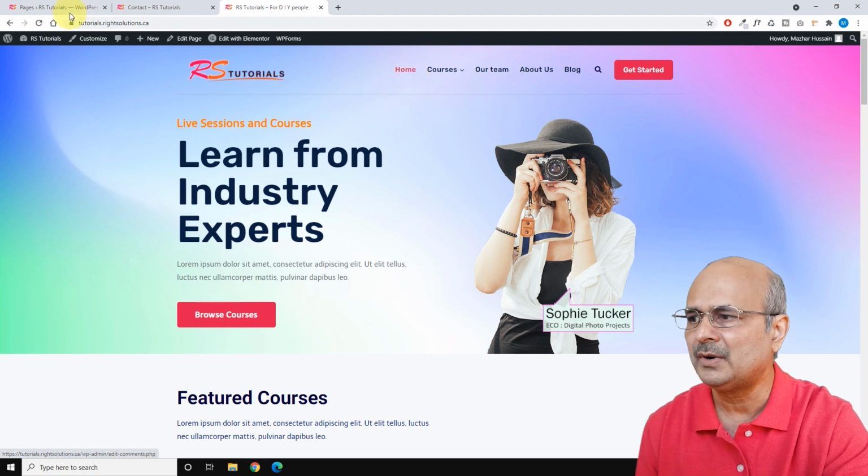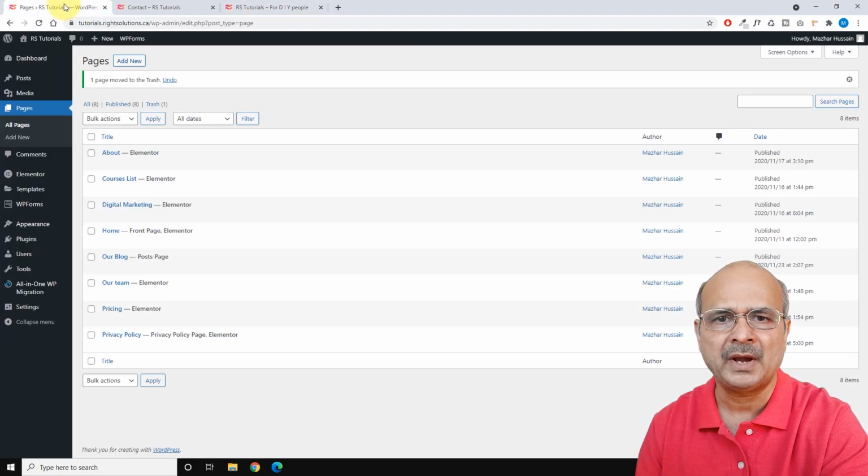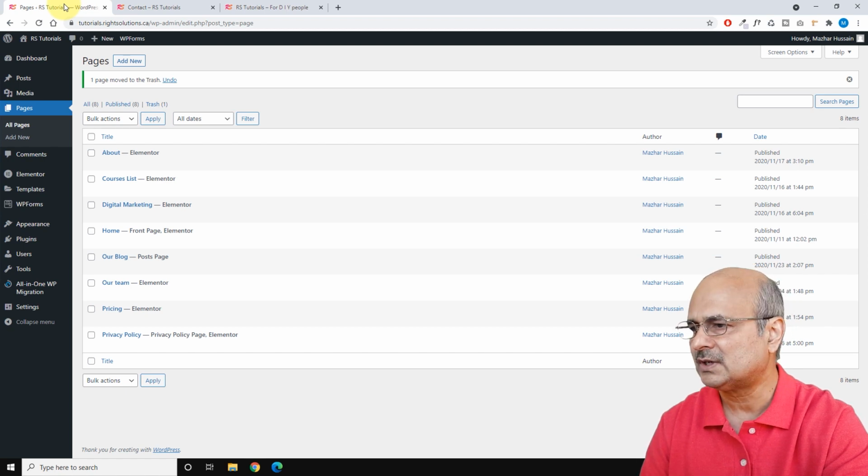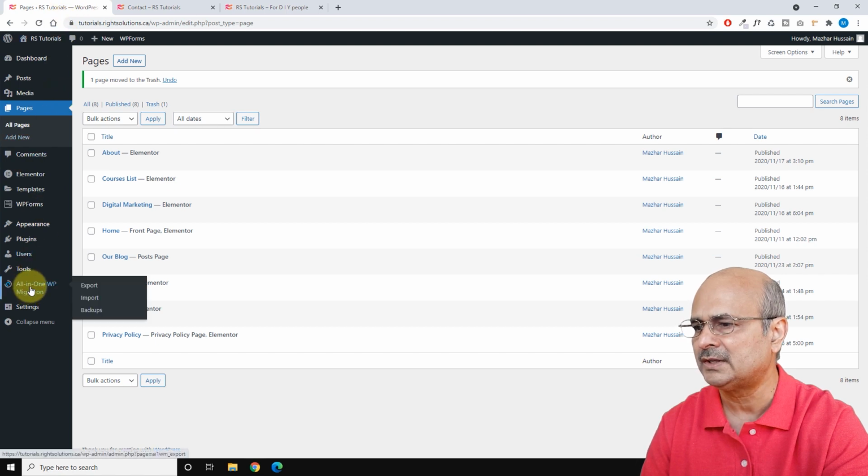And always remember, restoring a backup does not mean that you're restoring one page. That is overwriting the whole of your website. So just be careful. Do not think that it will only bring this page and it will not overwrite the existing site. So let's go back and now click onto the All-in-One WP Migration, and here click onto